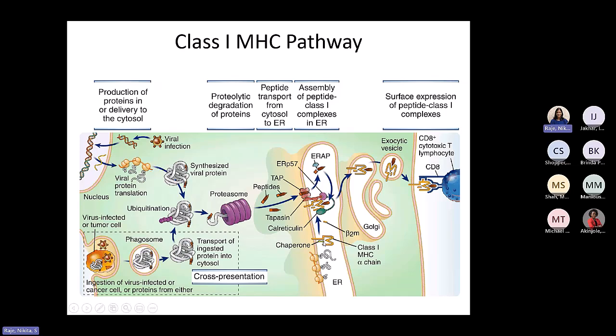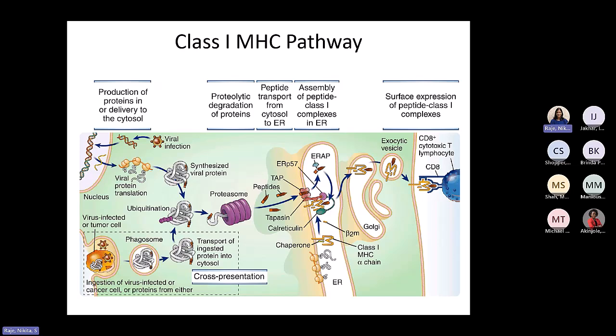Together, these two form the class 1 MHC. As this process of synthesis of class 1 MHC occurs, it's now ready to be loaded with the peptides that are coming into the endoplasmic reticulum,